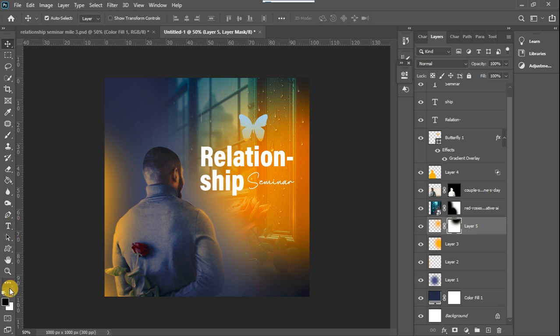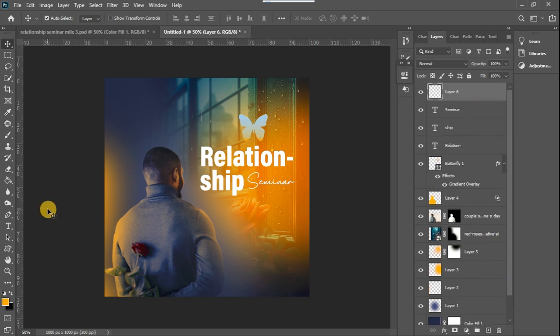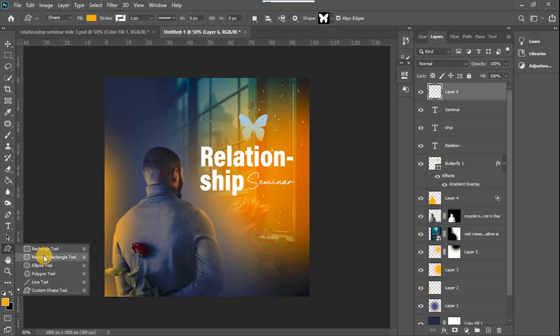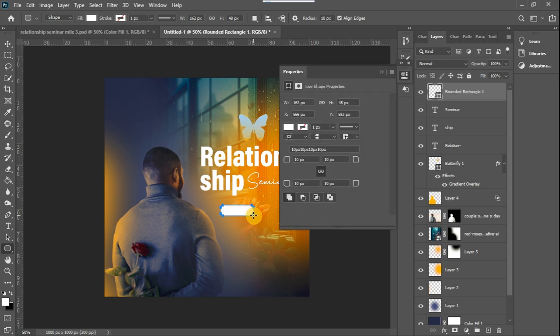Now I'm going to add the date of the event. So just add a new layer and use the rounded rectangle tool, change this to a white color. Now just select this area like this. And once that is created,